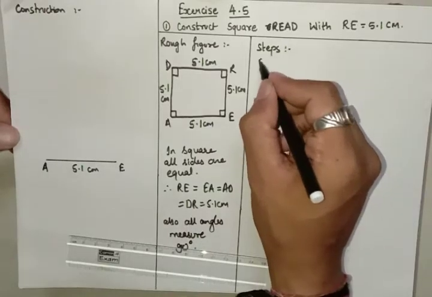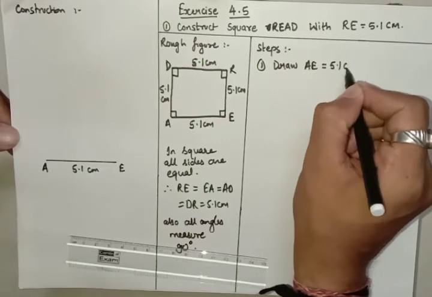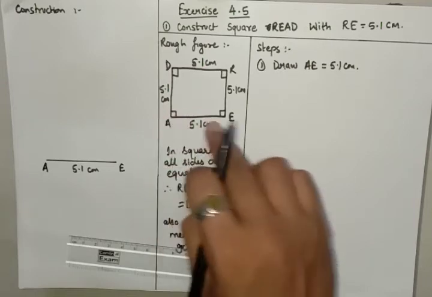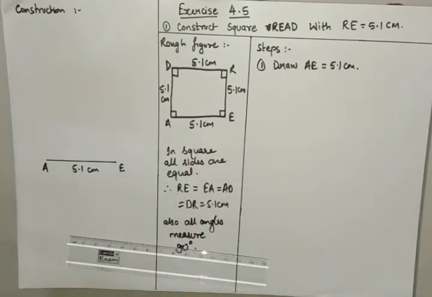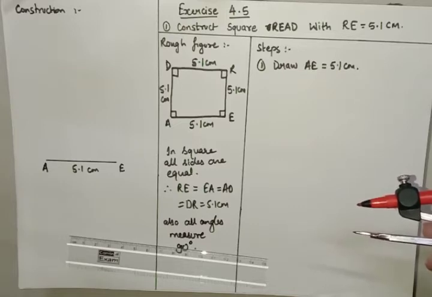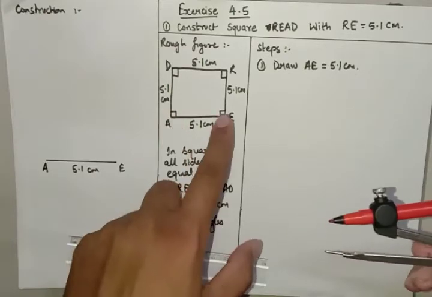Here I am writing the step. Draw AE equal to 5.1 centimeter. Clear? Now at A and E I will construct angles of 90 degree, right? We require any of the 5 measurements. Either it may be 4 sides and 1 diagonal, 3 sides and 2 diagonals, 3 sides and 2 included angles, or 3 angles and 2 included sides. Using that information we can draw. So one side I have taken, now I will construct 2 angles, okay?